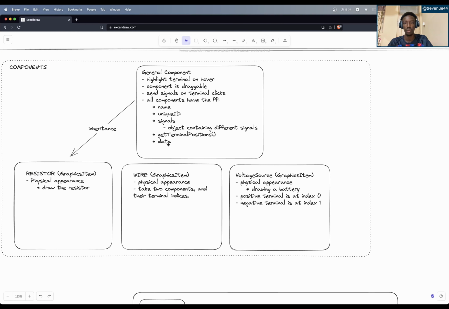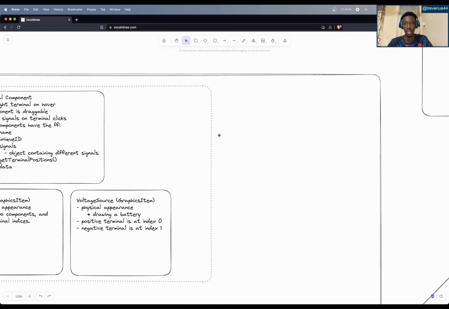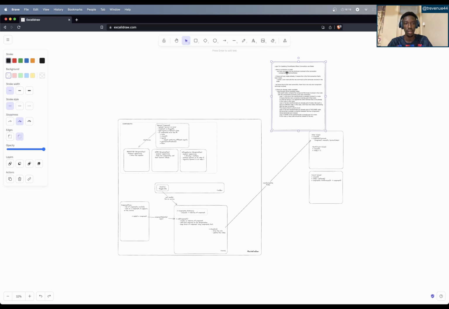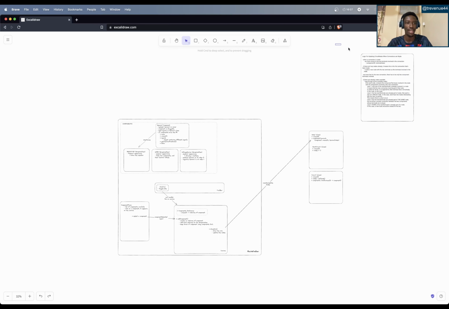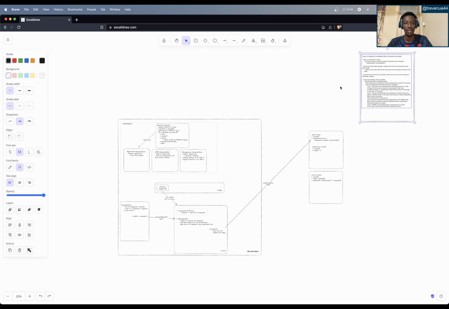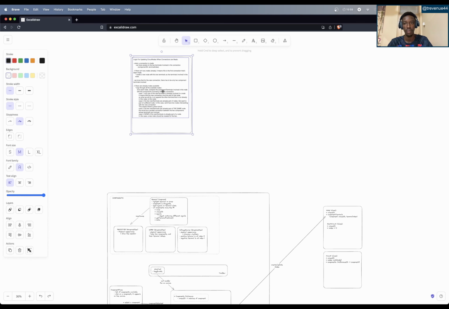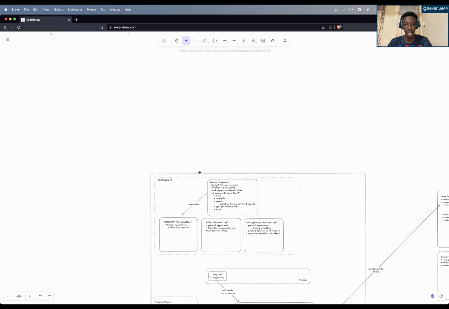I think I should link that to this somehow. I'm thinking, I don't know how I'm going to do it. So that's too much. This is actually not part of the thing, so why don't I just move it somewhere else, right? I mean, it's not part of the architecture, it's just some logic that we wrote in the previous video. So I'm trying to move it to a separate location where it would be easier to have a look at. Right, so that can be there, and back here,